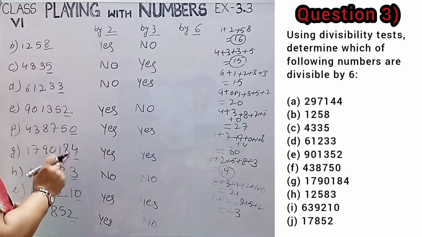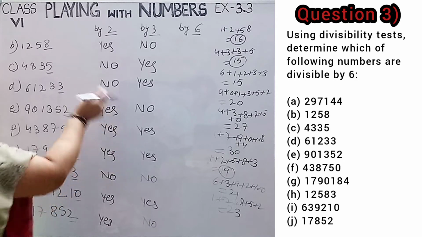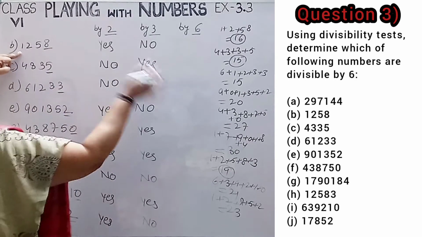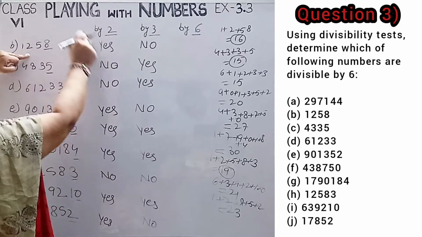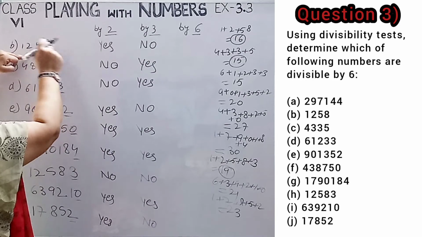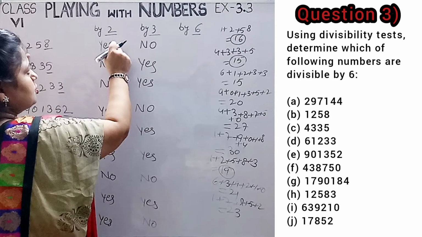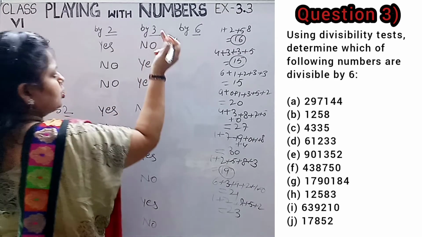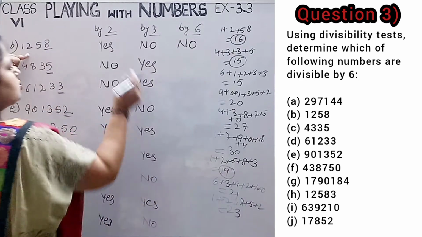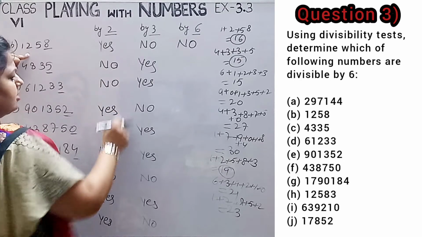We have already learned in the last question that 1258 is divisible by 6 if this number is divisible by 2 and also divisible by 3. So 1258 is divisible by 2 but not by 3. So no, this number is also not divisible by 6. So we need 2 yes in both columns. It means